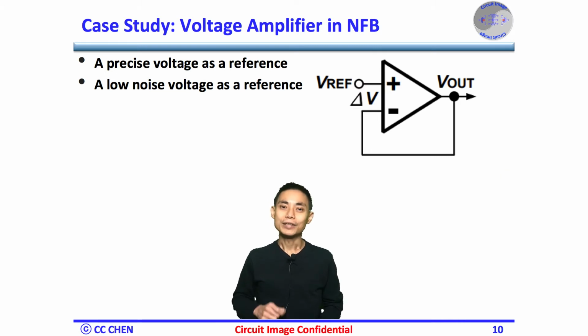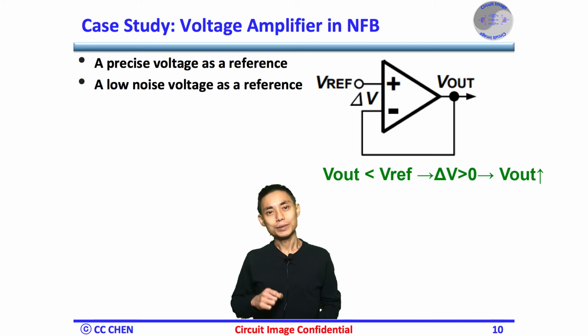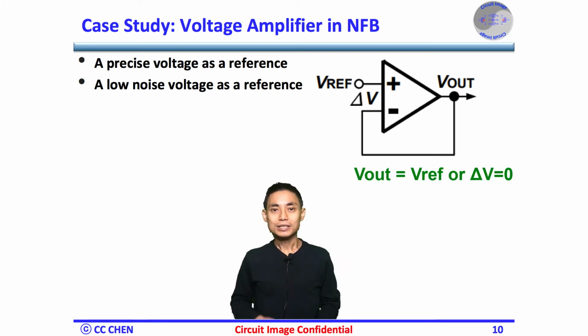Again, if the output voltage Vout is smaller than the Vref, then the delta V would be positive and drive the Vout to be larger. Therefore, Vout would be eventually the same as the Vref, and the delta V would be 0 in the steady